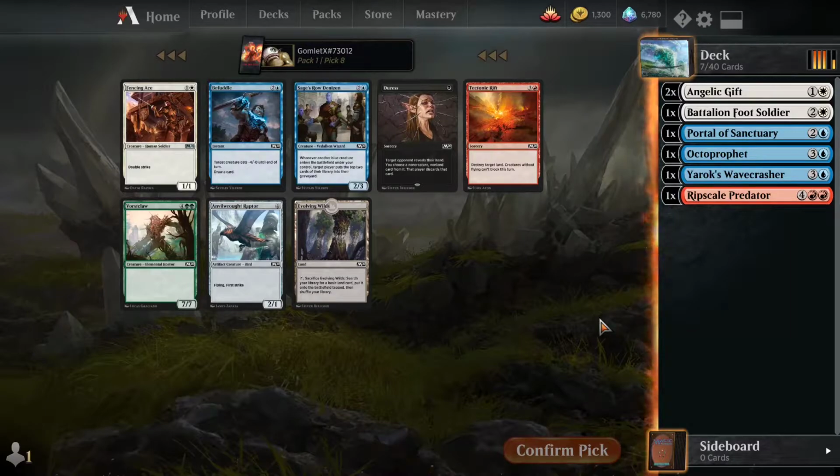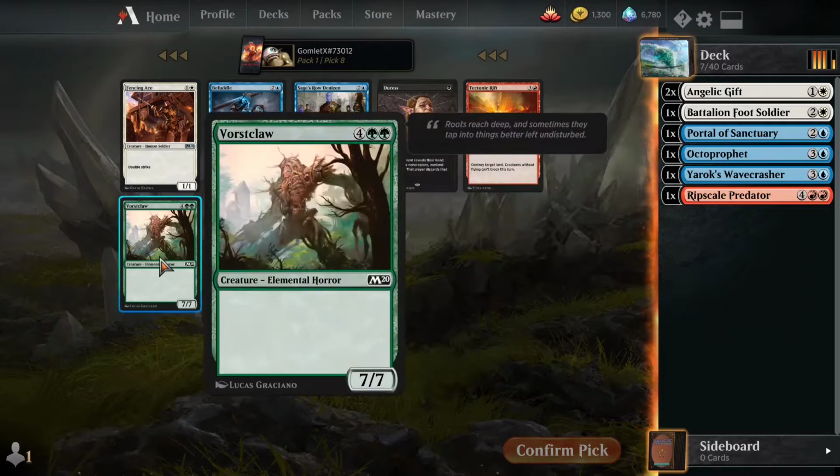Vorse Claw is another really good threat to have, just because it's one of the really big creatures you could use to try to kill your opponent, as well as being an elemental, which is very relevant in this format because Risen Reef is...